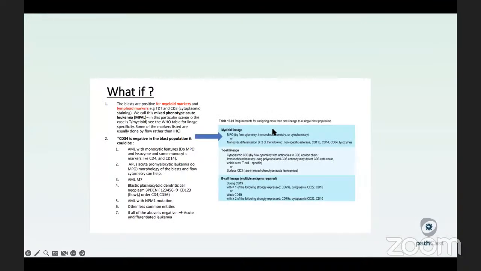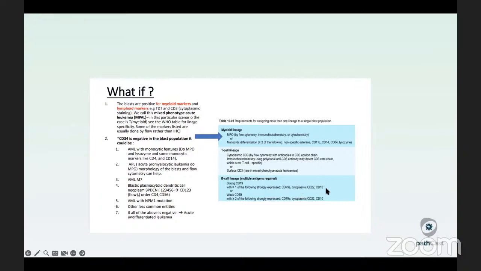This table is from the WHO book. As I mentioned earlier, I have 4 references, and I'm sharing them in all the tables throughout the whole video today. These are my references for the whole talk. This one is from the WHO, the 4th edition of Hematopoietic and Lymphoid Malignancies. The myeloid lineage specificity is MPO. The T lineage specificity is cytoplasmic CD3. And B lineage is strong CD19 plus one of these, CD79A, cytoplasmic CD22, or CD10, or weak CD19 plus 2